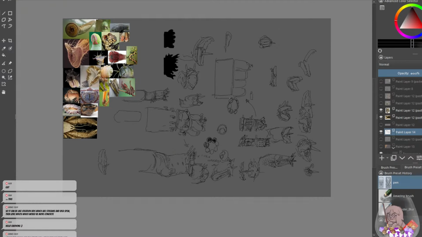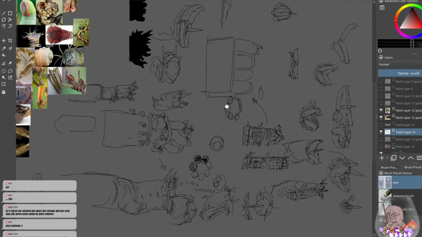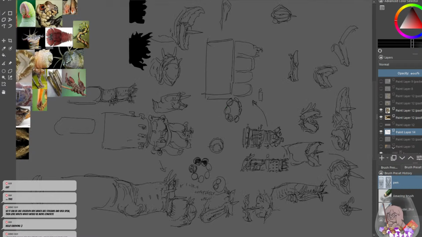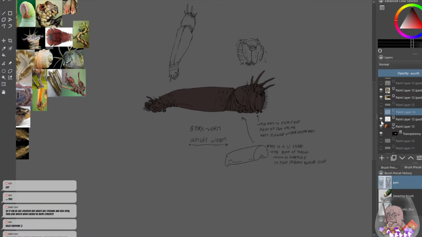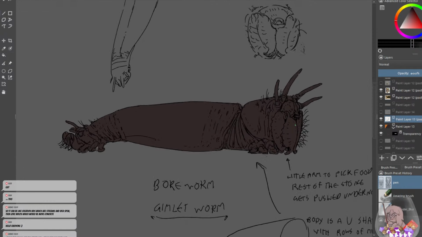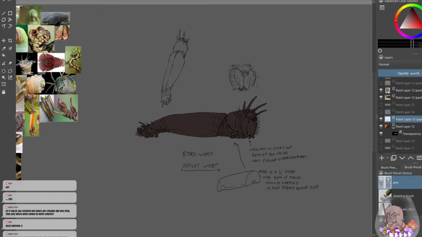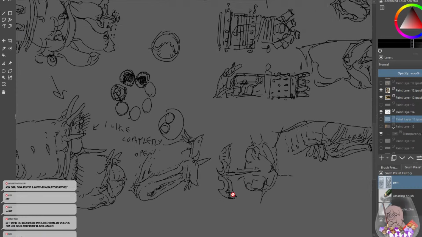But anyway, like I said in the last video, I don't like the worm that much. Or I like it. I did say I like it. I do like it, but I gave you the reason why I don't think it works. It's because it doesn't actually fit with the drill. We designed this separately from the drill, which means it's a cool creature on its own, but it doesn't really work for what we actually needed it to accomplish, which was look cool on the end of a drill bit,